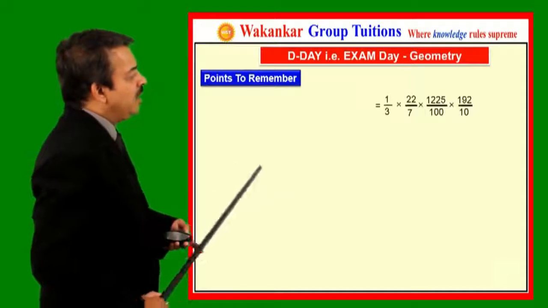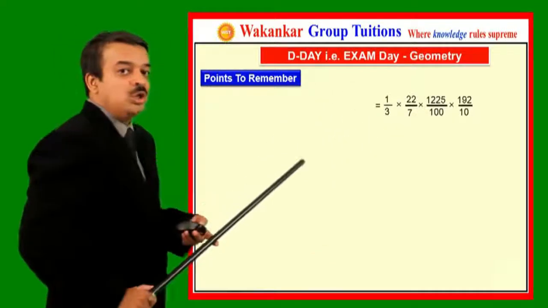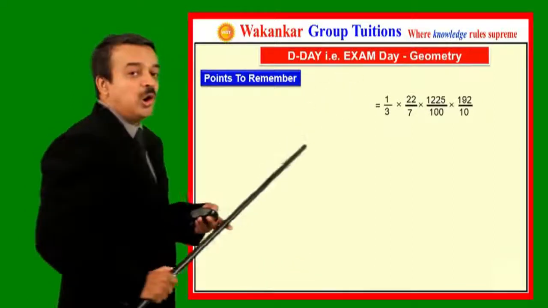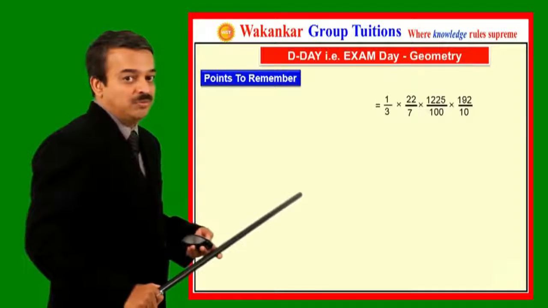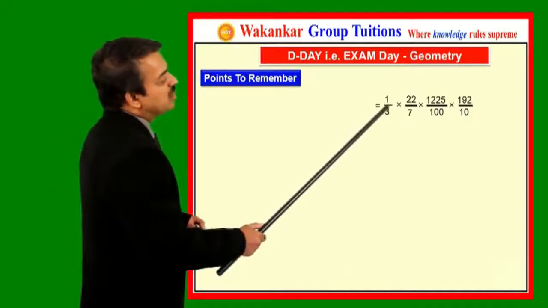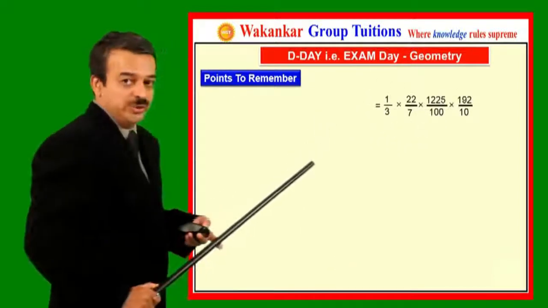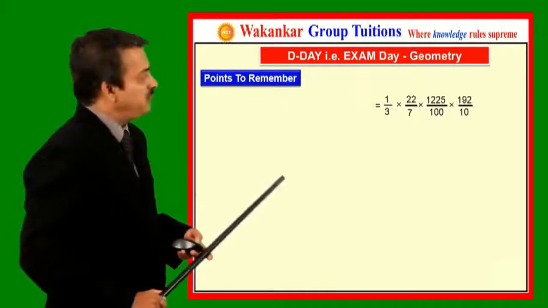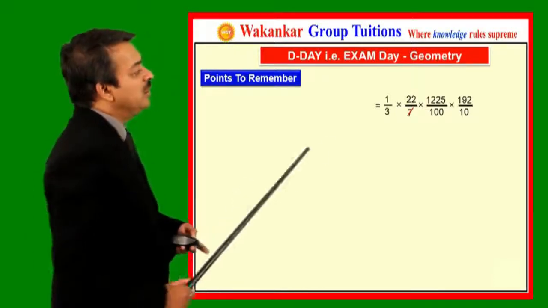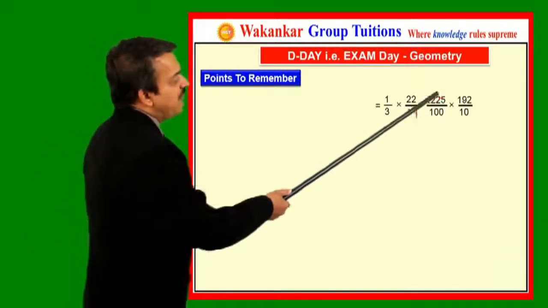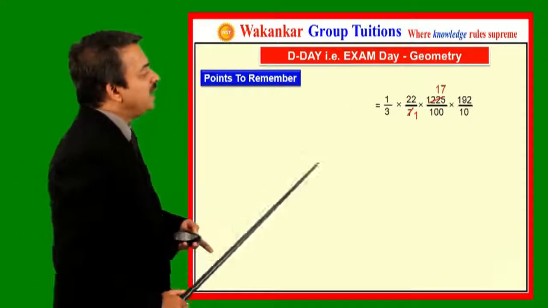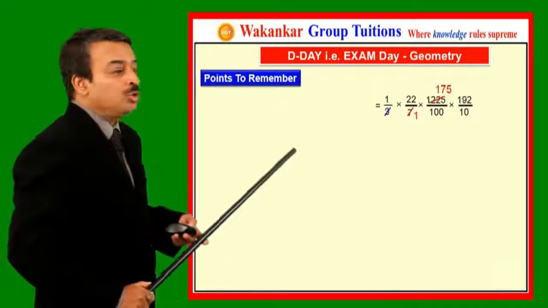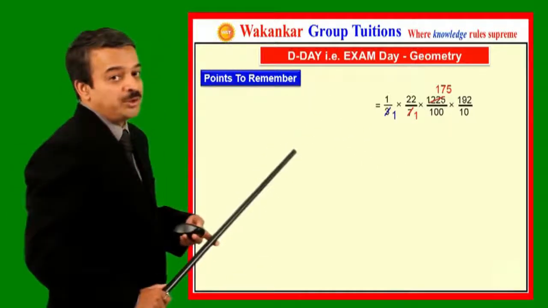So instead of that, if I want to do this calculation, do all the calculations in one step and try to do it almost at the end of your problem. So if I want to perform some calculation between 3 and 192, do it here. Between 7 and 1225, do it here itself. Okay. So here I am performing the calculation between 7 and this 1225, and then between this 3 and this number 192. So remember this point, this is a very important point.